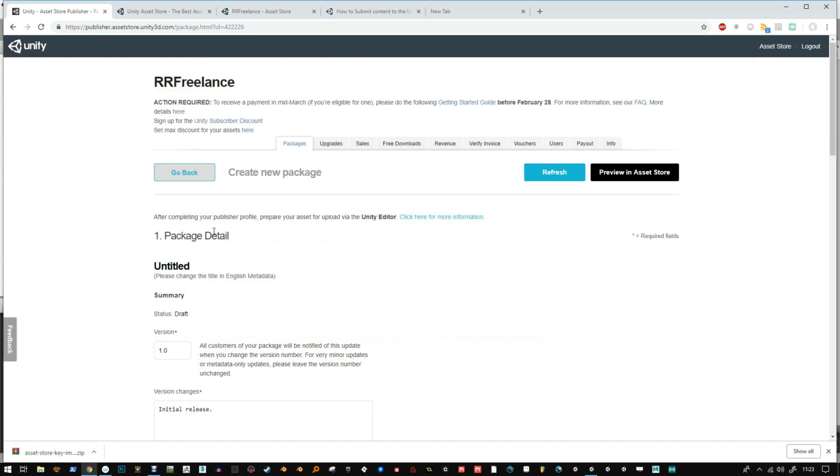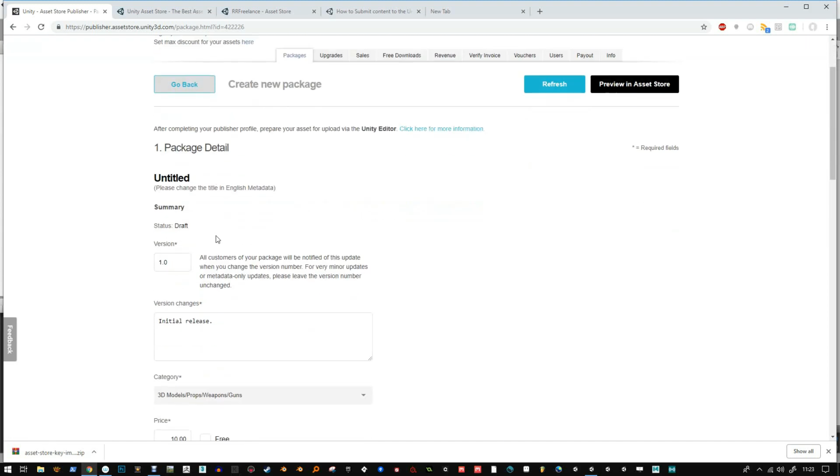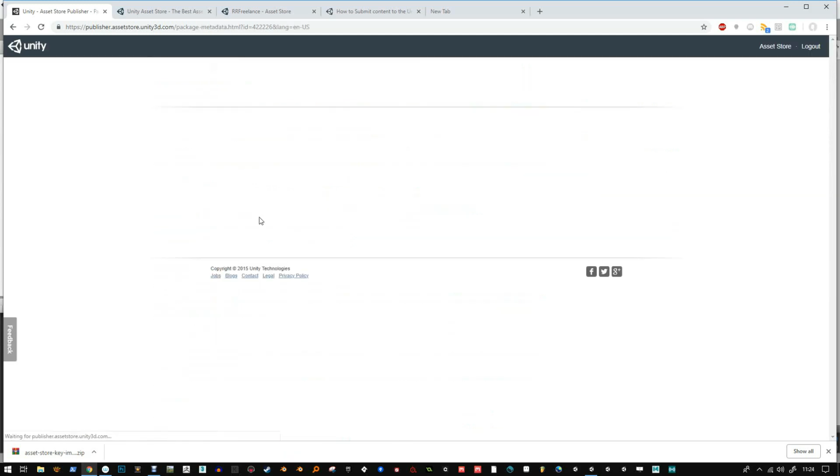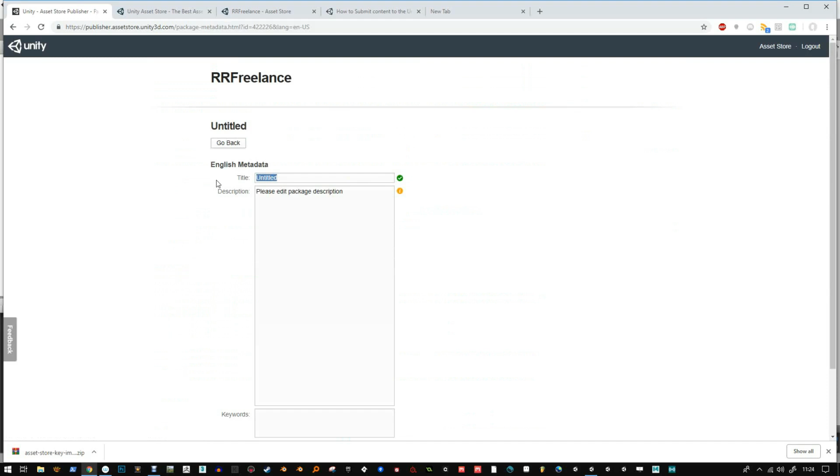Now it's a long-winded process, so bear with me. You're not going to get this in 5 minutes. Be patient. So I'm going to edit the metadata now, and this is going to be the name of it. So I'm going to do sci-fi handguns pack, right? Initial release containing 5 sci-fi weapons with a custom shader to drive texture alterations. That's fine as a description. In this pack, you will get,